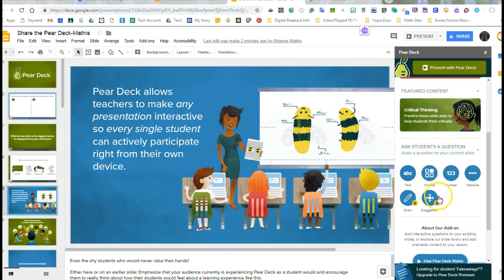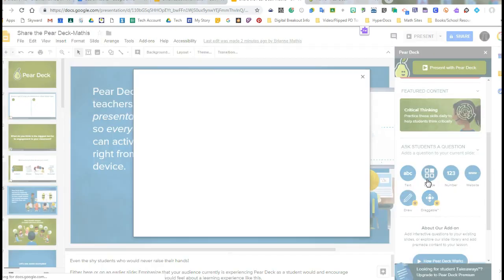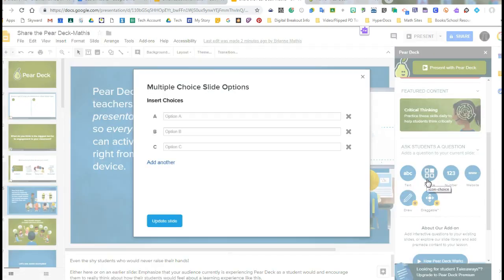Okay, and let's say that I ask a question. Remember, the question tags it onto the slide itself. The slide lesson from the slide library is going to insert it between two slides that you have already created. Okay, so in my question, I'm going to put a multiple choice question on this slide. Notice that as it pulls up, I have answer choices that I can click